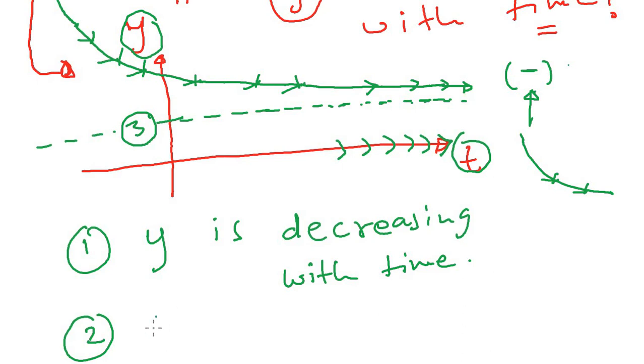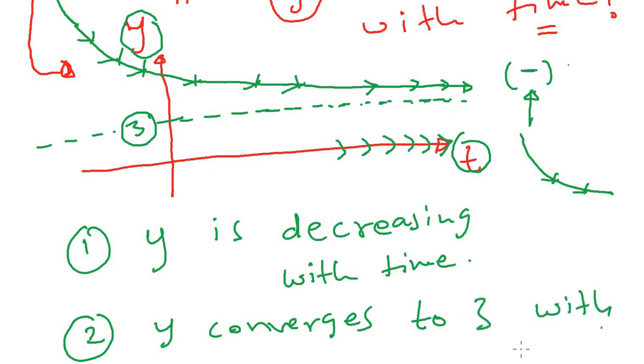In the language of science or economics, we can say y converges. Converges means it comes very close to 3 with time, which means as more time passes, right? But as you can see, initially, or a long time back, y was very far away from 3, right? It was very far away, but as more time passes, it gets closer and closer. There is another important conclusion we can draw. So let's use this space here, and let's erase this part.